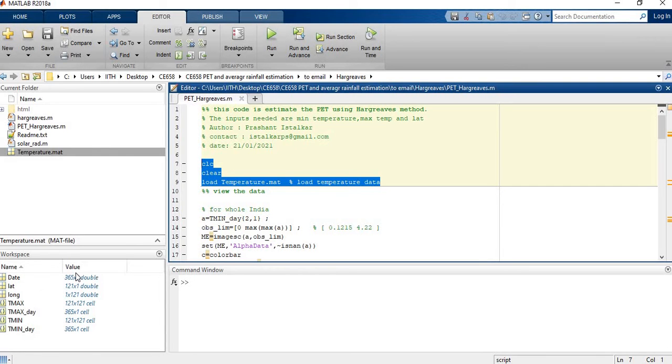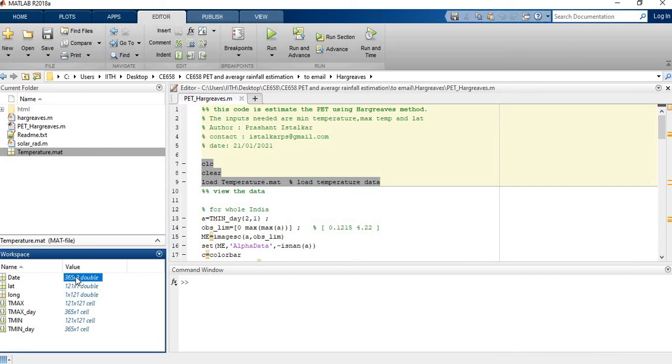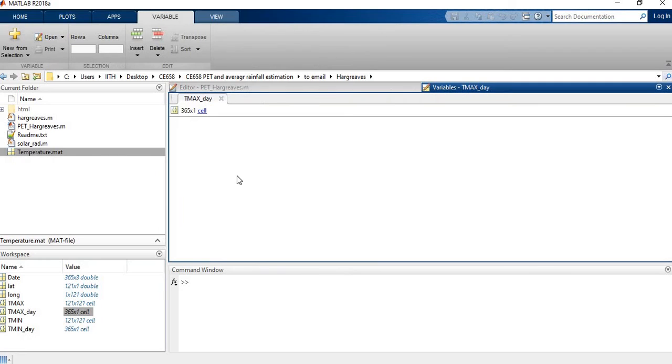It's loading. Coming to the variables available in this temperature.mat, you can see the date, lat, long, tmax, tmax underscore day, tmin, and tmin underscore day. We'll see tmax underscore day. I'll open this variable.